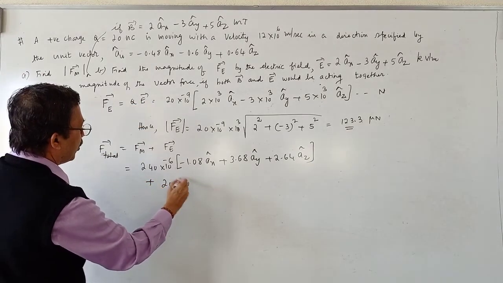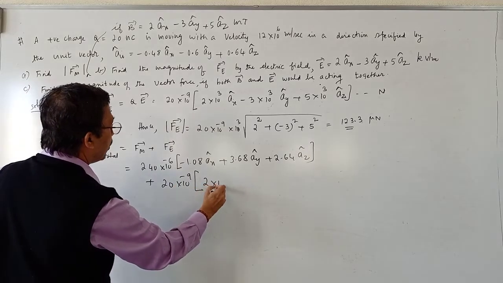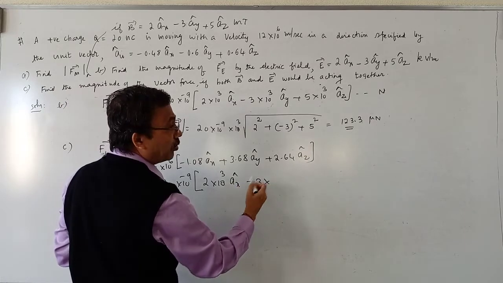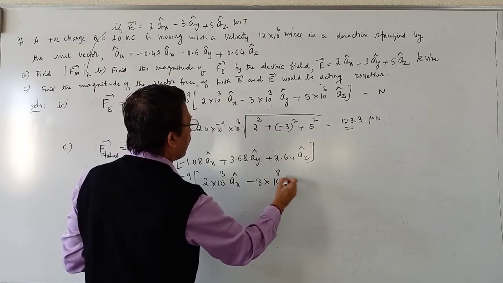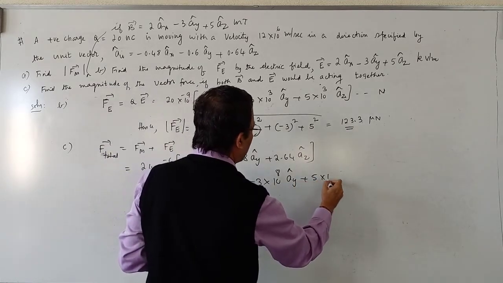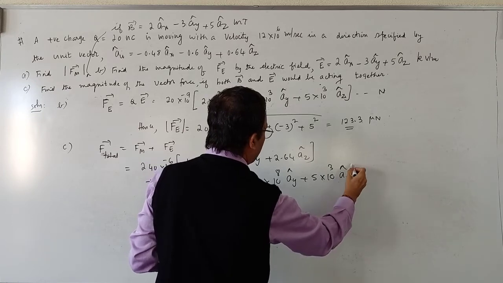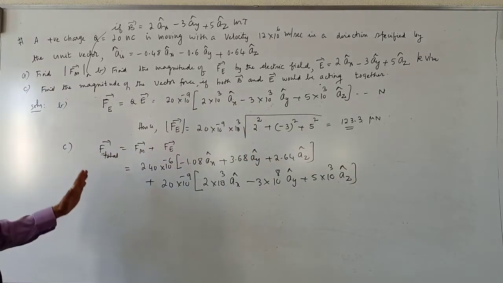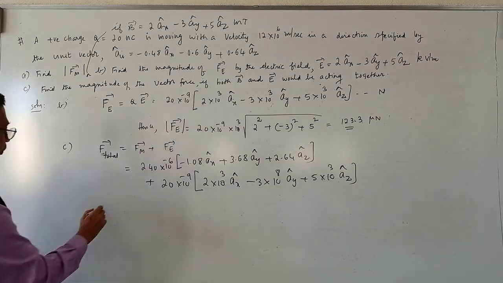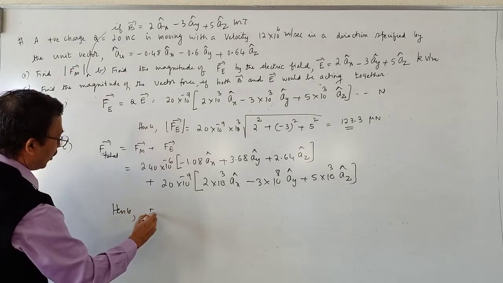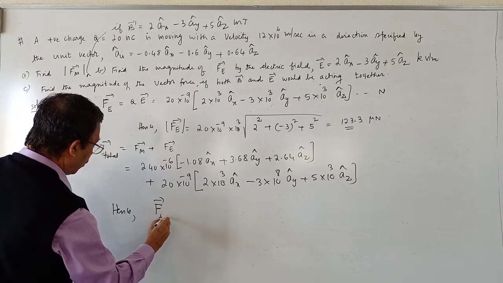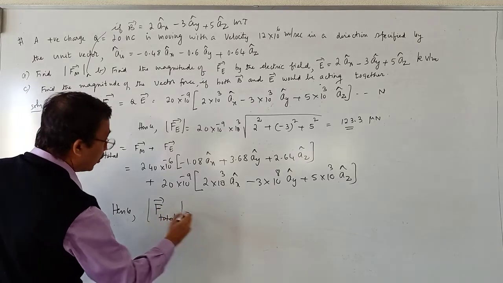20 into 10 to the power minus 9. 2 into 10 to the power 3 into Ax cap. Minus 3 into 10 to the power 3 into Ay cap. Plus 5 into 10 to the power 3 into Az cap. Now what we do is add the coefficients of Ax cap, Ay cap, Az cap and then get the magnitude. Hence magnitude of vector F total is equal to